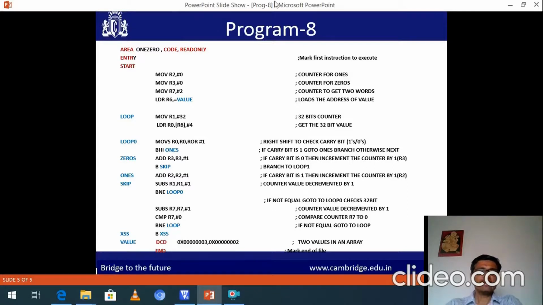At the end of the execution, our output is present in two registers, R2 and R3. R2 contains the number of ones, R3 contains the number of zeros. In our example, R2 is equal to 3 and R3 will be equal to 3D hexadecimal, that is equal to 61 in decimal.